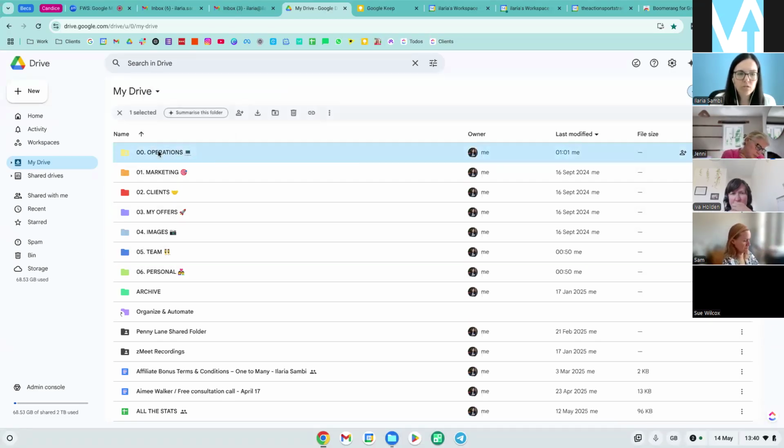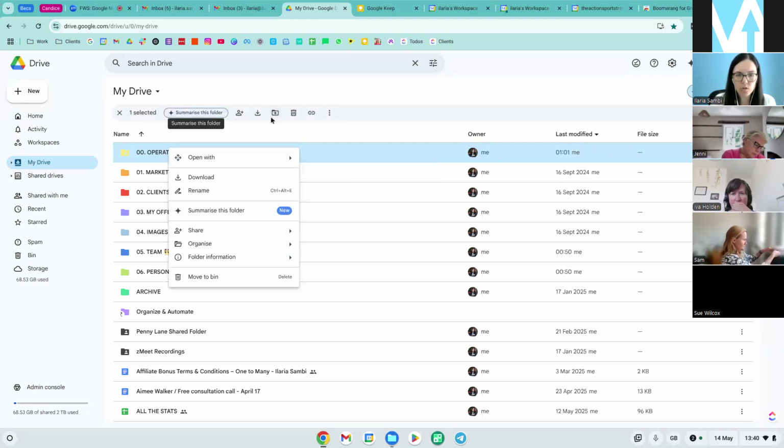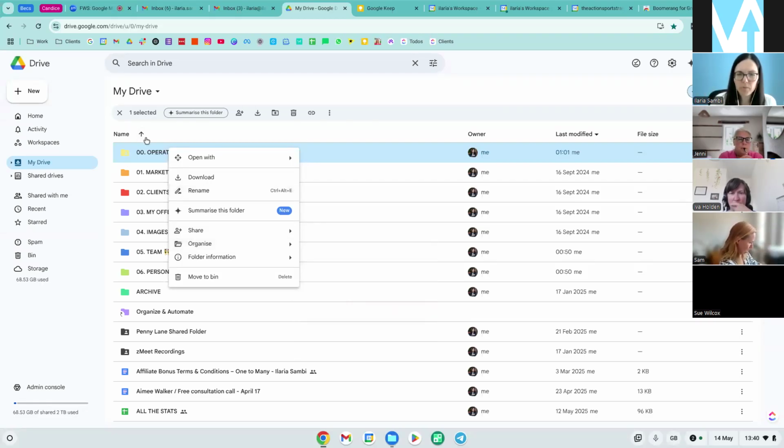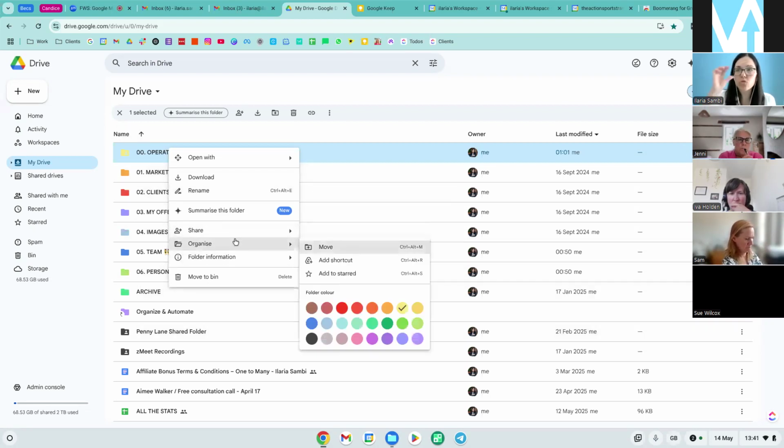You can click on one, select, and then either right click or you can see on the bar here. You can do loads of things with the folder. You can organize it, you can share it, you can give it color, which if you're like me and you like visual stuff, it's good. Colors make me happy. It's nicer to look at an inbox with all those colors. But let's say you want to have just in red the folders that you use all the time, you can do this and organize your colors in this way.